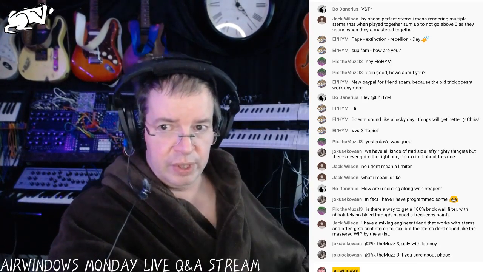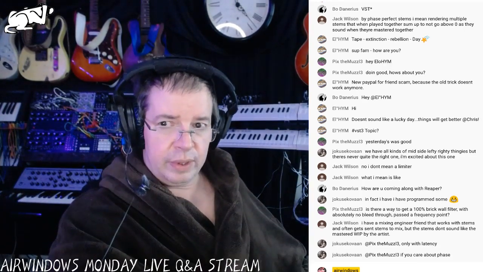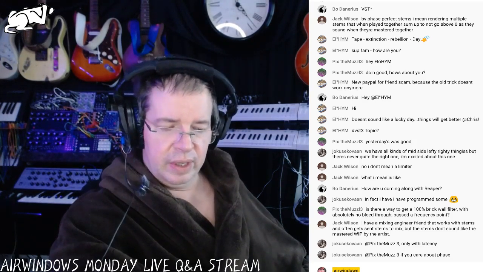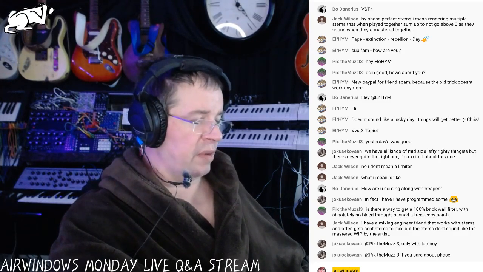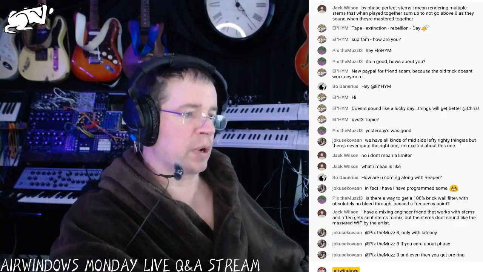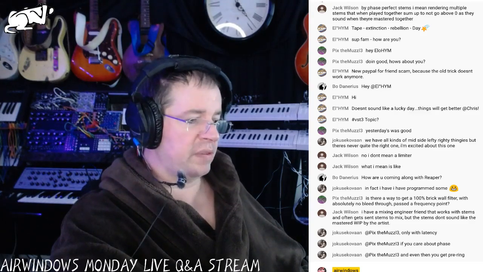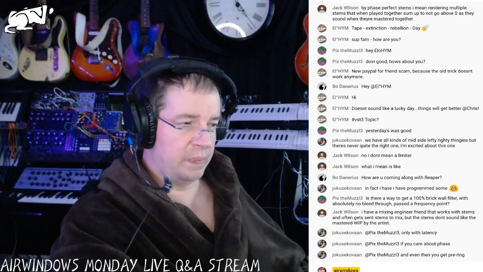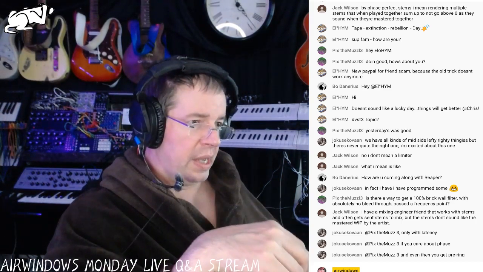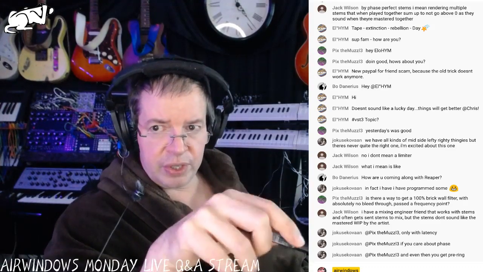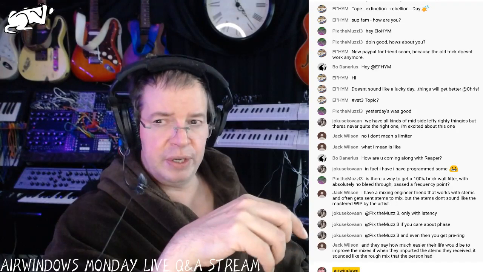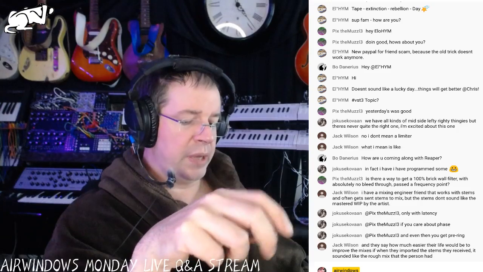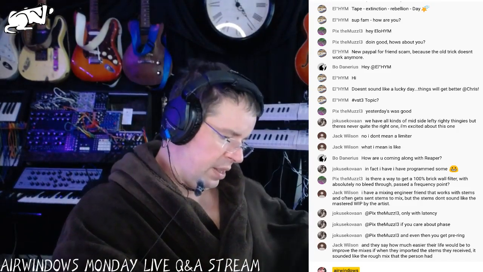David Pixley picks the muzzle. I don't think there's a way to get a 100% brick wall filter, period. The closest you can get is some offline rendering things. Like I'm using a Mac program called Brick that is a sample rate converter. You'd be looking for something like a sample rate converter with a brick wall filter. And the closer you want to get, also bear in mind, your 100%, that's a whole different issue. Like, do you mean 100% at the cutoff?